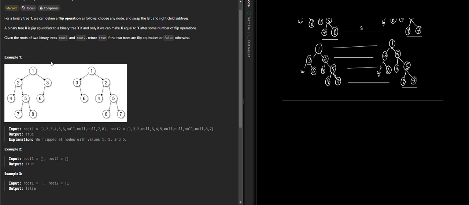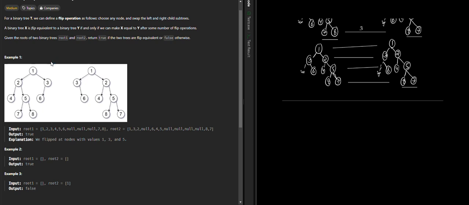Assume that the root is not present, right? This is another condition. Let's say currently you are standing at node 7, and you come to 3, and after 3 to the next node. Or assume that currently the root is null and here the root is 1. This is a possibility, right? In this case we can directly return false.